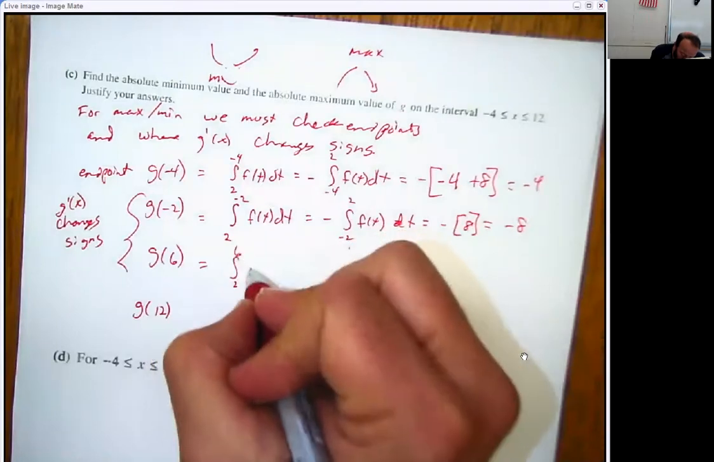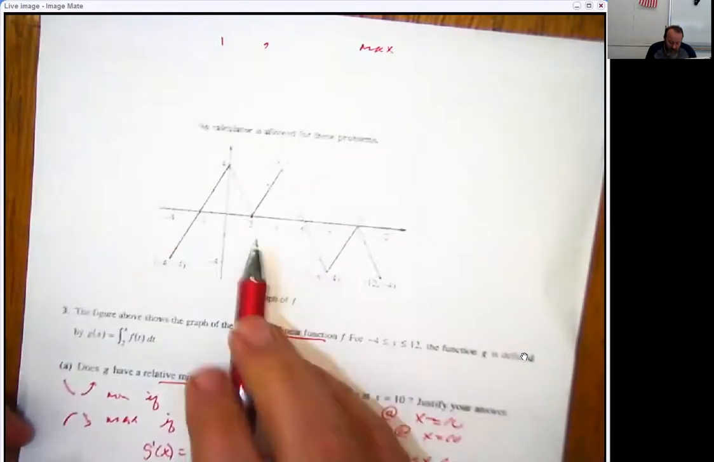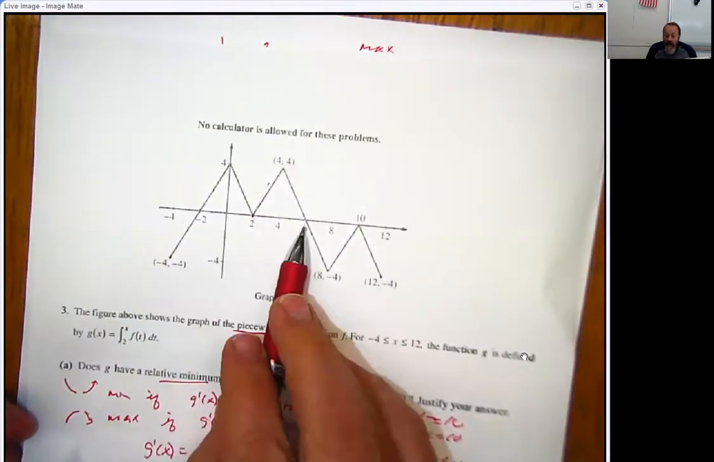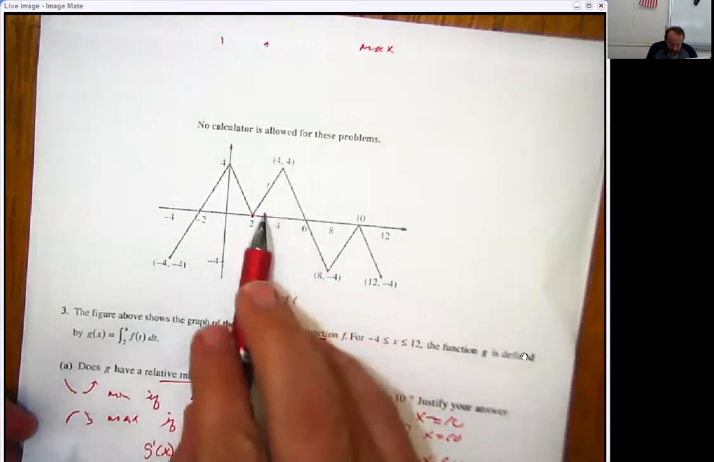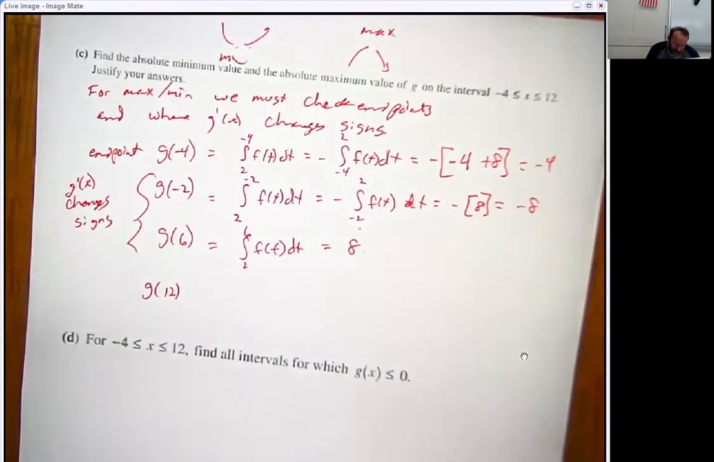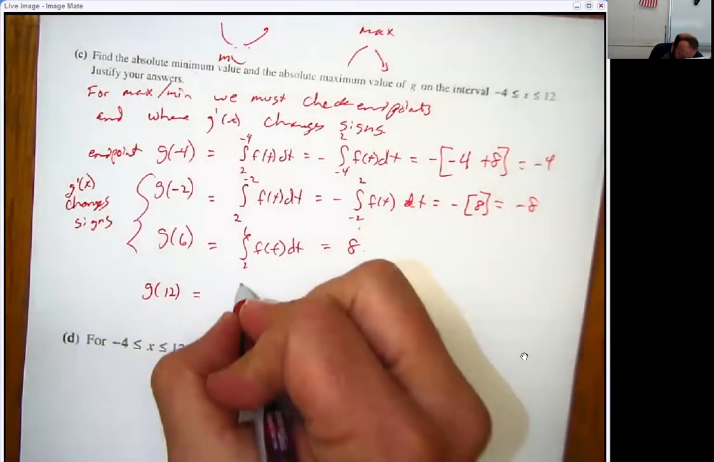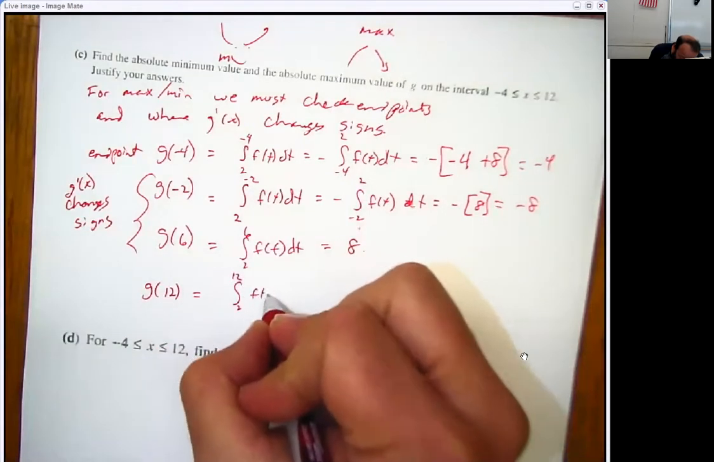Now, when we go from 2 to 6 of f of t dt, let's see, what happens as we proceed from 2 to 6? Well, we again have a base of 4. We have a height of 4, which gets 4 times 4 is 16. So again, I guess that gives us a simple area of 8, and I didn't need to do anything fancy that time. And then from 2 to 12, f of t dt